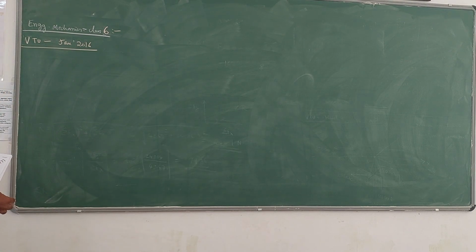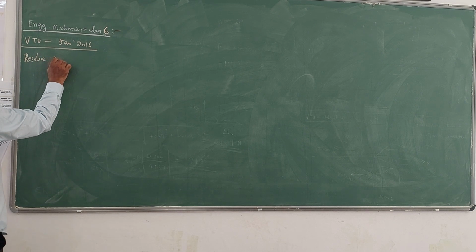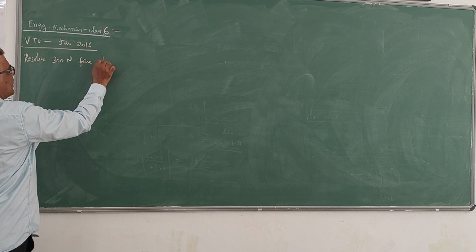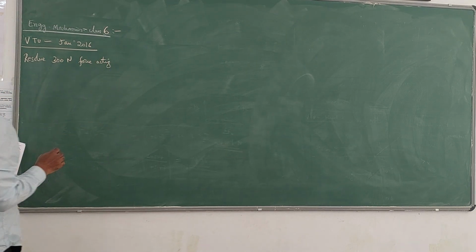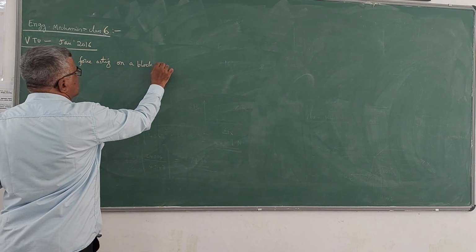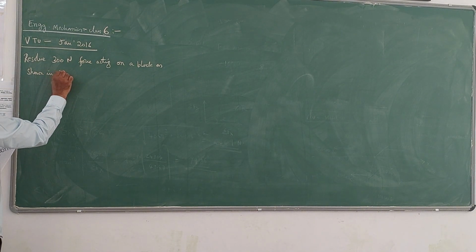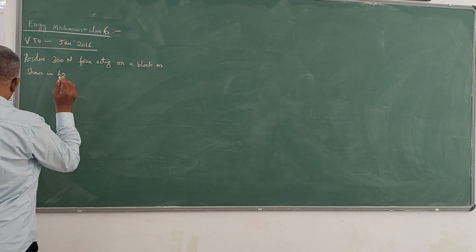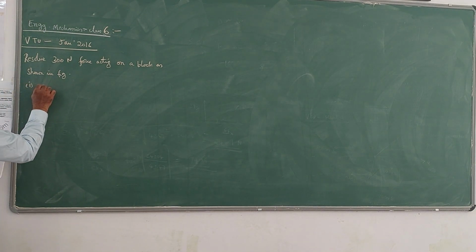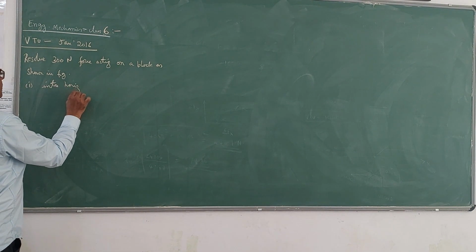Of course, in this problem, the question is like this: resolve 300 Newton force acting on a block as shown in figure number 1 into horizontal and vertical components,